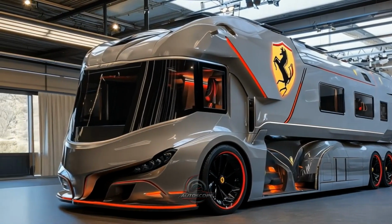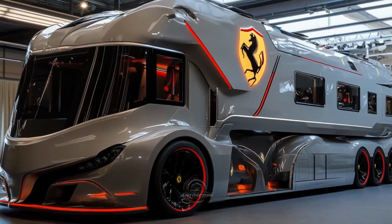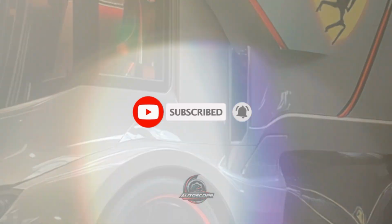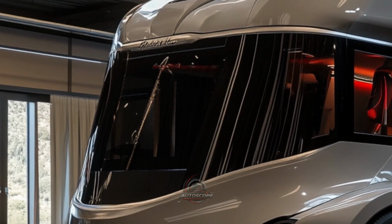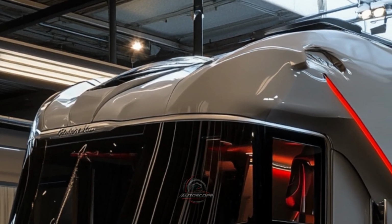Welcome back to Autoscope 2026 Ferrari Motorhome. External, iconic and aerodynamic design, inspired by the streamlined lines of Ferrari racing cars. The exterior of this motorhome features an aerodynamic design that is both aesthetically beautiful and useful for stability and fuel